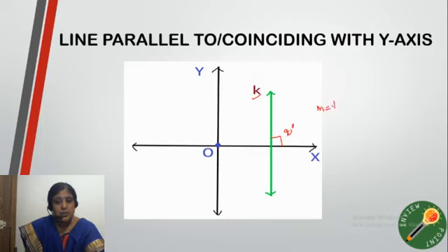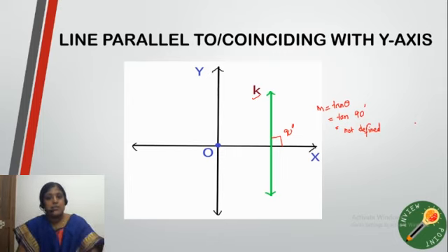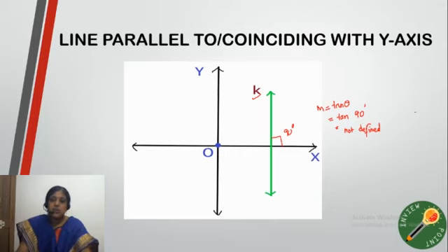m is equal to tan theta. Theta is how much? 90 degrees. So that is m is equal to tan 90 degrees. That is equal to how much? It is not defined, right? What is tan 90? It is sine 90 by cos 90, right? Sine 90 is how much? 1 and cos 90 is how much? 0. So 1 by 0 we can say is infinity or it is not defined.